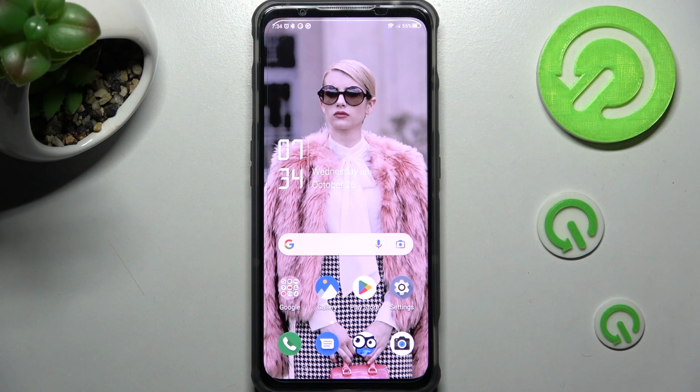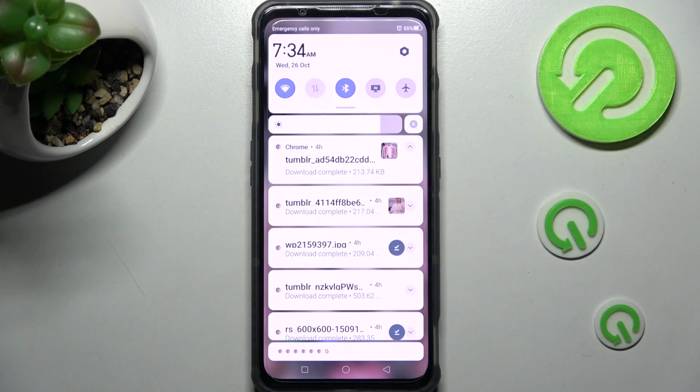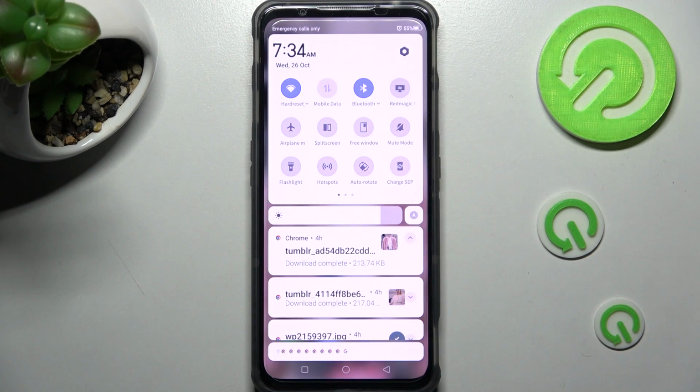First of all, you need to access Tap menu. Now look for location shortcut, and when you find it, click on it. As you can see, mine is now gray. That means that location of this Nubia is disabled, but you can always enable it by clicking on the same